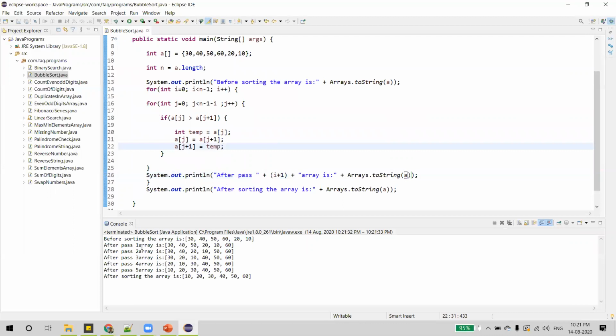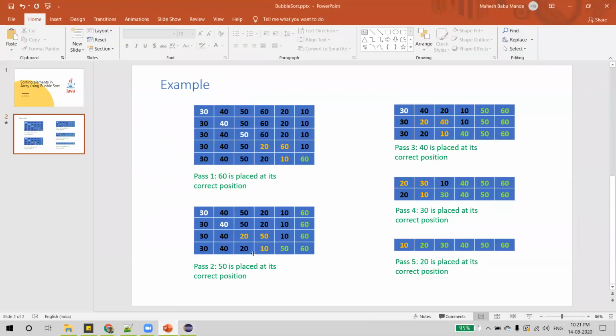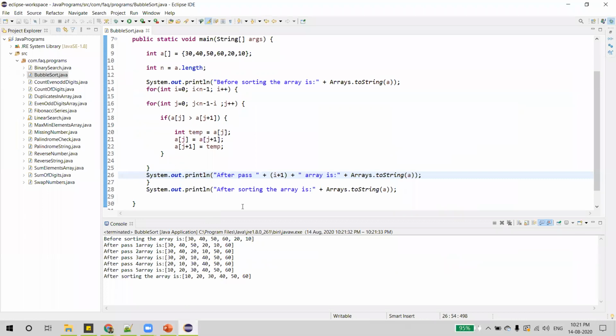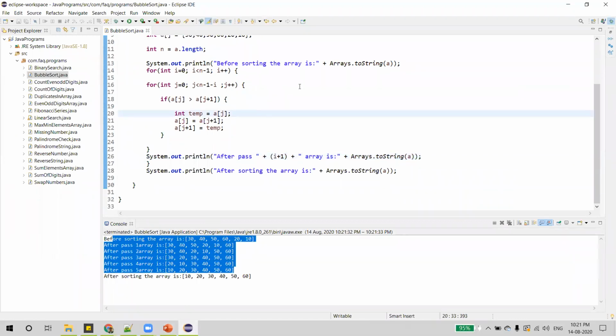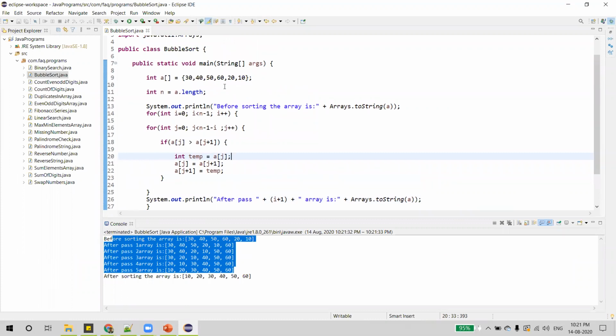Now you can see here, after pass 1, the array is like this. So we can compare that with these values. And this is how we can sort the elements in an array using the bubble sort algorithm. That's all for this video. Thanks for watching.